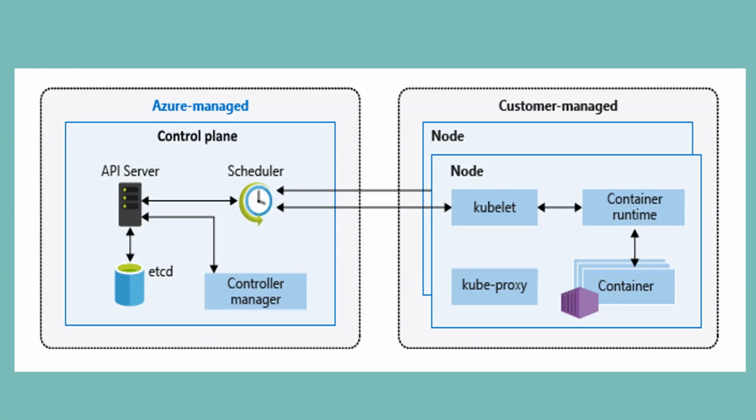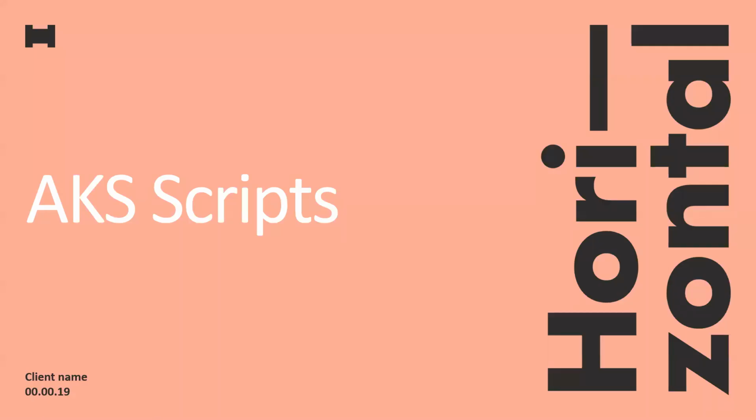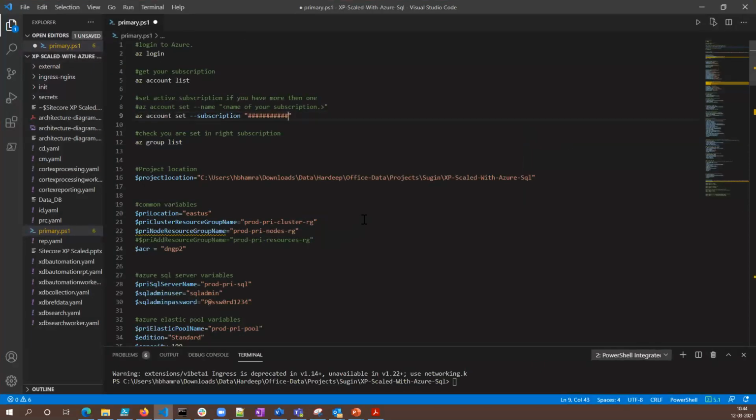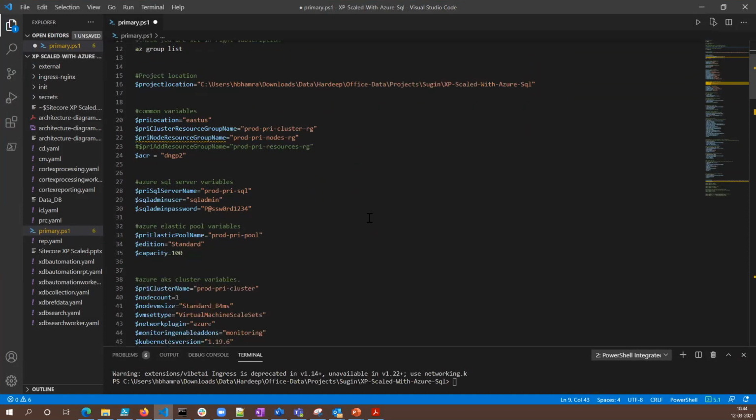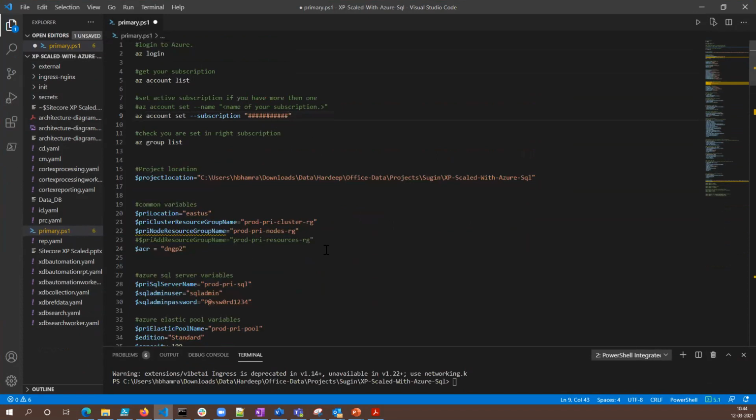There are going to be sessions coming in the future where we will go in real depth on the other components of the control plane, and maybe some of the other aspects from a Kubernetes point of view specifically, but that's for the future. AKS scripts, let's look into some of the scripts that I've written. I'll be showing it to you from a PowerShell point of view itself, not the release pipelines. That's something for the future.